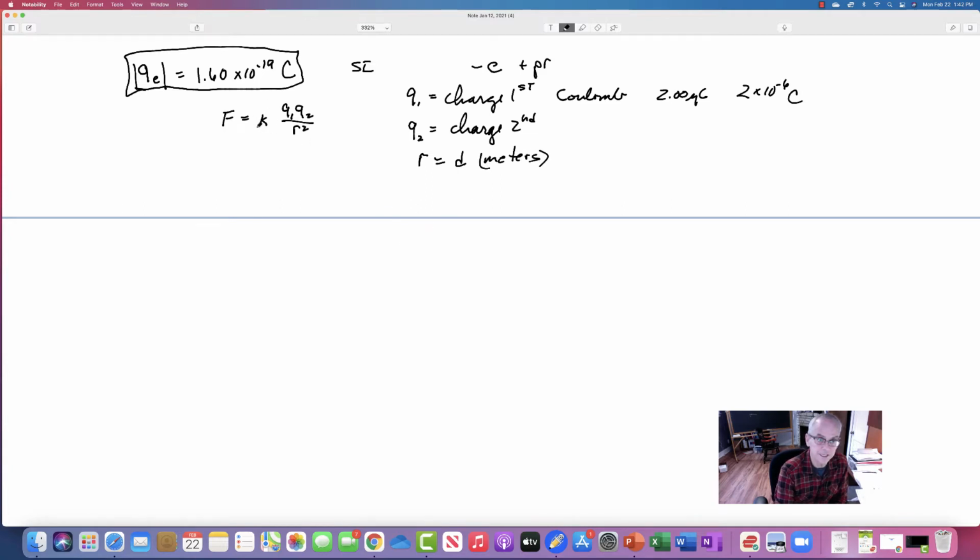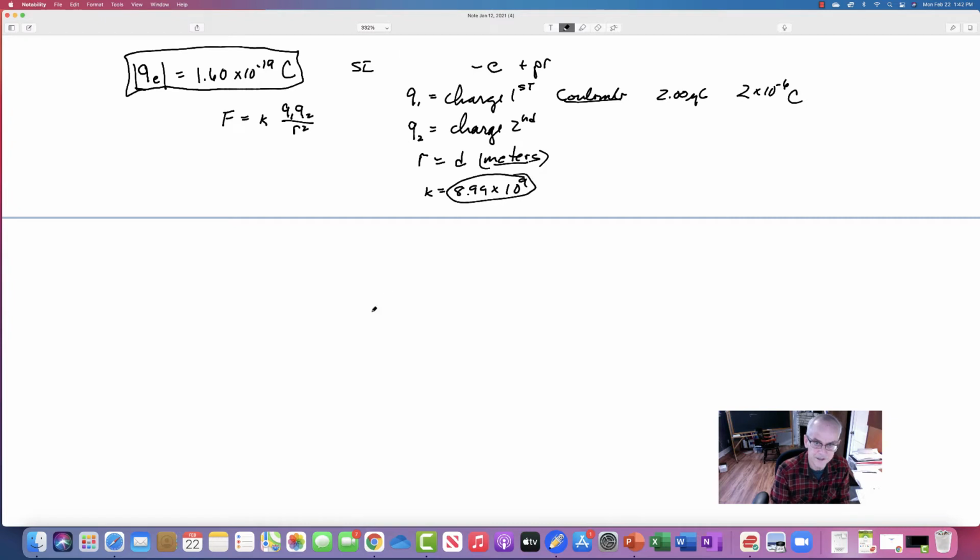And that's because the constant is 8.99 times 10 to the ninth, in newton meters squared per coulomb squared. I think that's right. Something like that. It has to be in coulombs and it has to be in meters in order to use